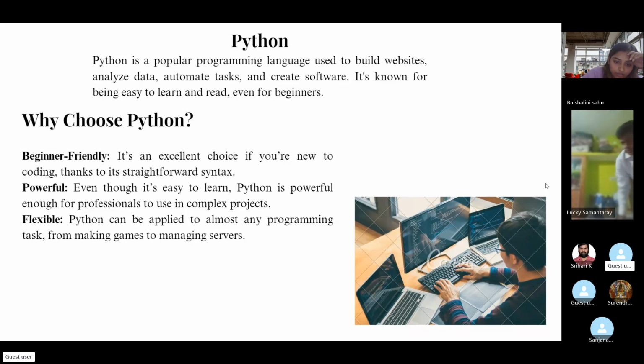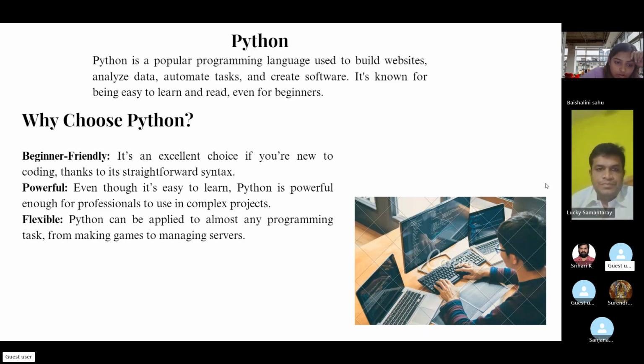Python is mainly used for creating websites, analyzing large data, making games, and building robots. It's known for being easy to learn and read, even for beginners and for experienced developers, so both love using Python for all sorts of projects.